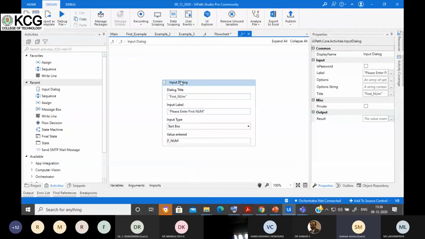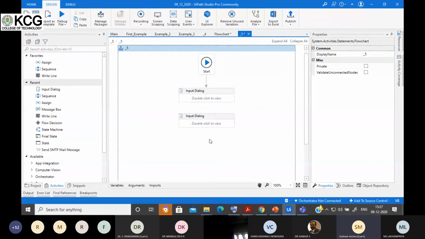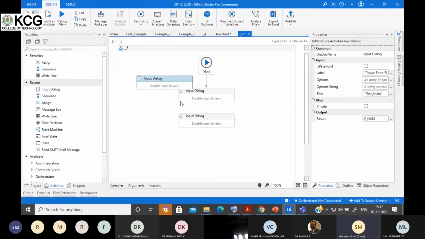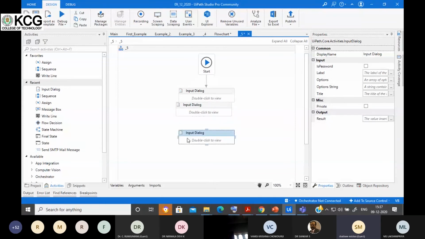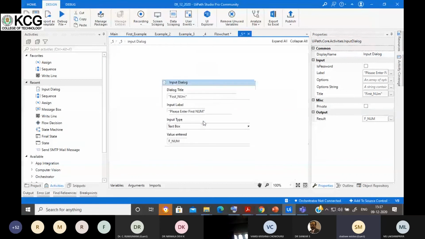Okay, now actually I copied the first input dialog box so that I want to change only a few things, otherwise I need to write each and everything.